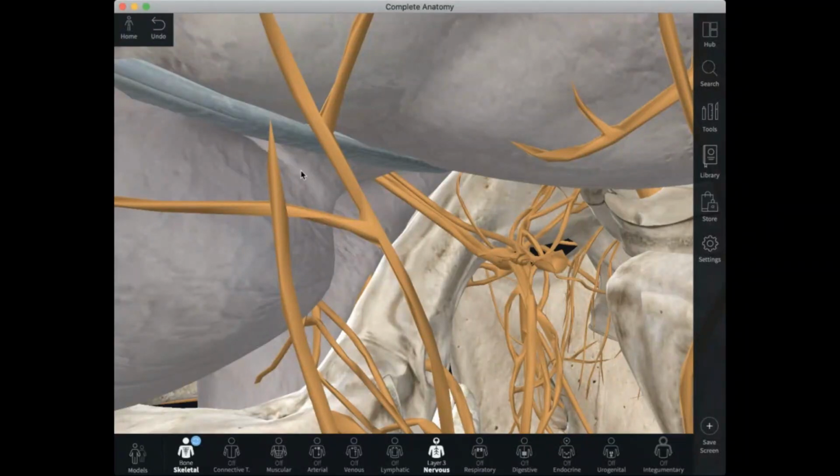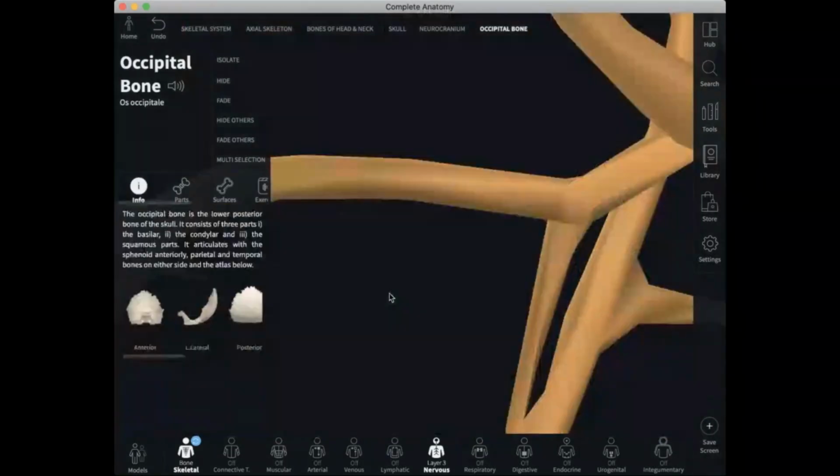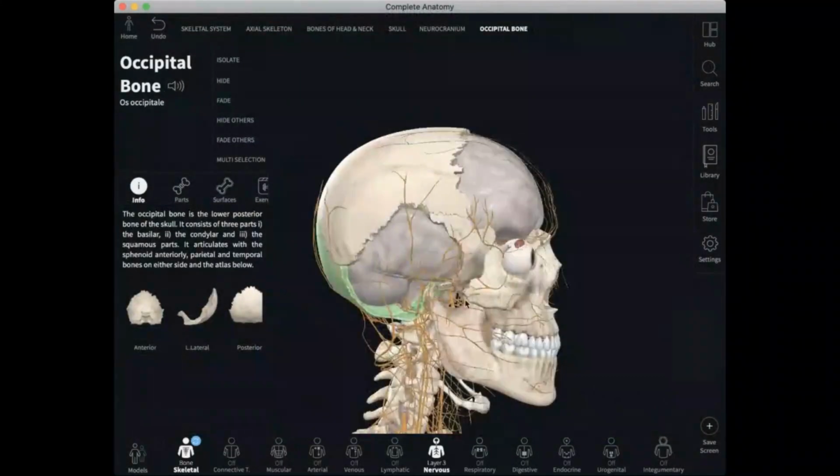Next is the glossopharyngeal nerve, which starts in the medulla oblongata. It is a mixed nerve, and it is supplying the parotid gland and also the muscles of the tongue and pharynx. If you look at the muscles of the pharynx,